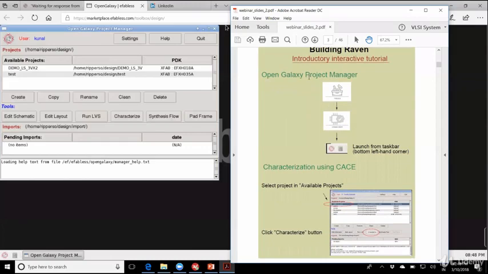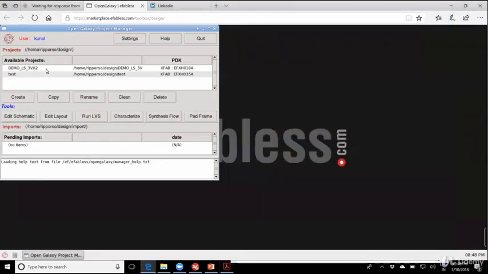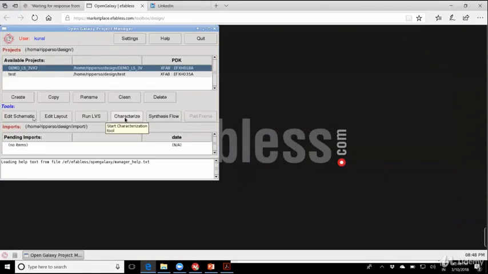We opened the Open Galaxy Project Manager, and from here you can see the project. If you click on the project, then you have the ability to run any of these things on it, which is the schematic, the layout, the LVS, and characterize. Characterize is the one I'm interested in. I will show you really briefly. If I say edit schematic,